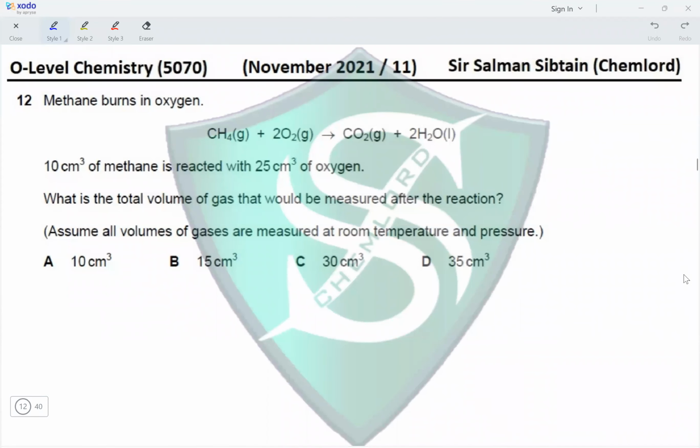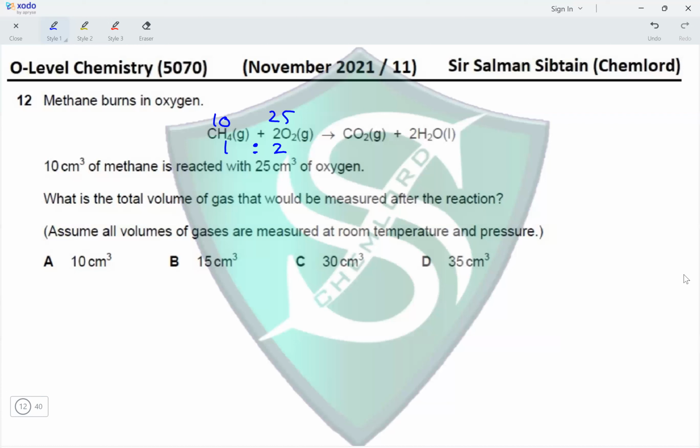Question 12. Methane burns in oxygen and the equation is given. 10 cm cube of methane is reacted with 25 cm cube of oxygen. What is the total volume of gas that would be measured after the reaction? Okay, so we have 10 cm cube of methane reacting with 25 cm cube of oxygen. However, the ratio of methane to oxygen is 1 is to 2, which means if we have 10 cm cube